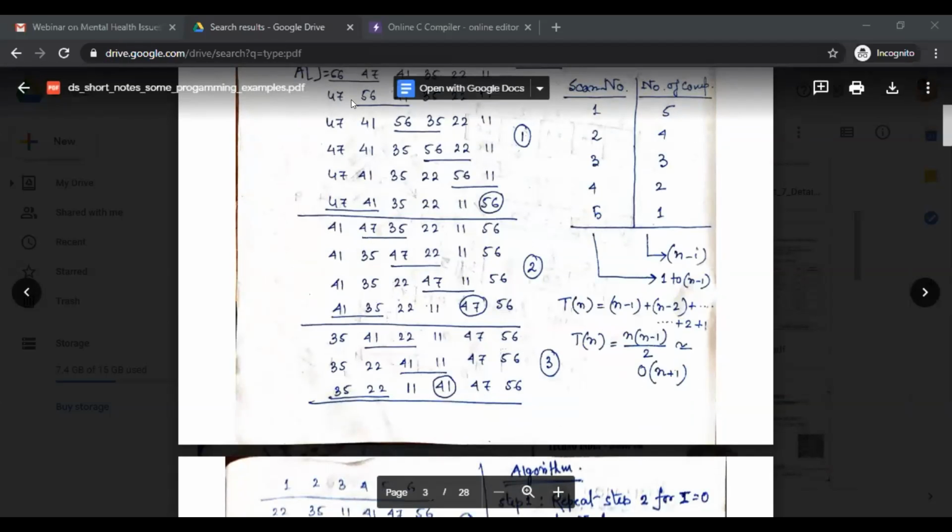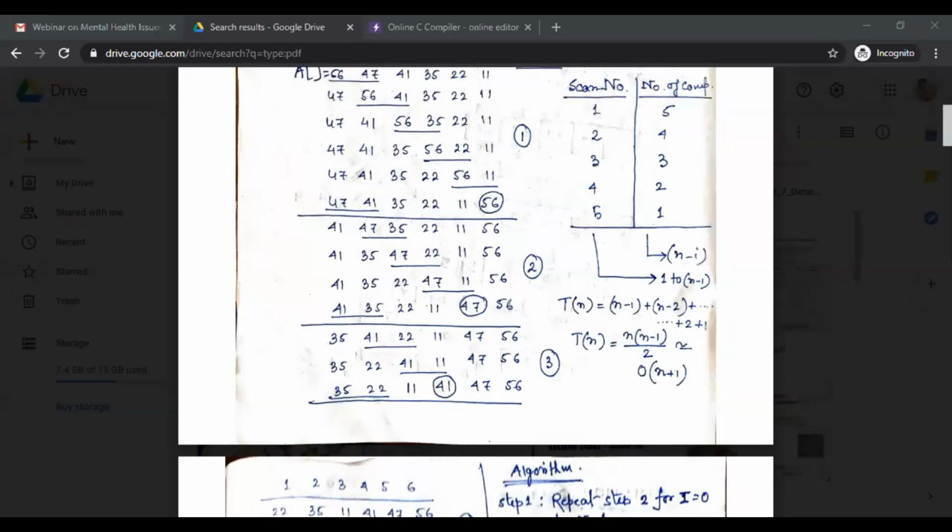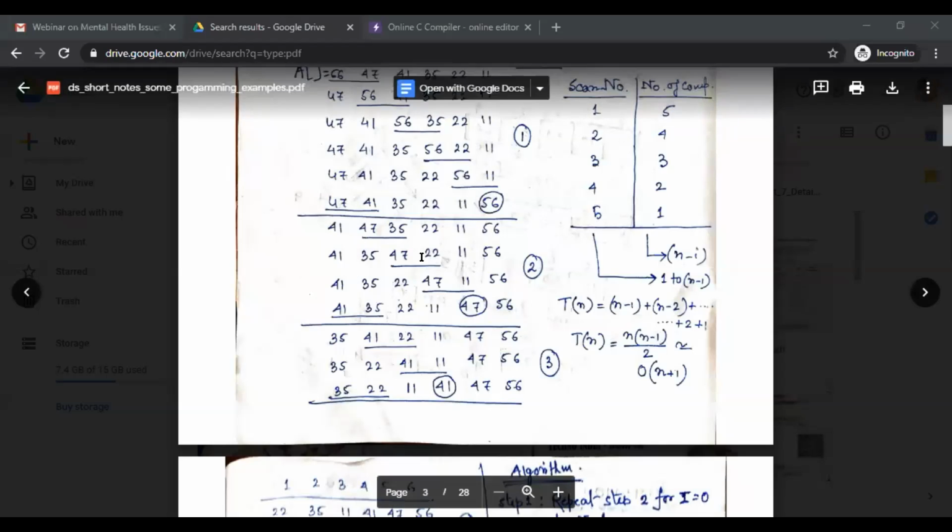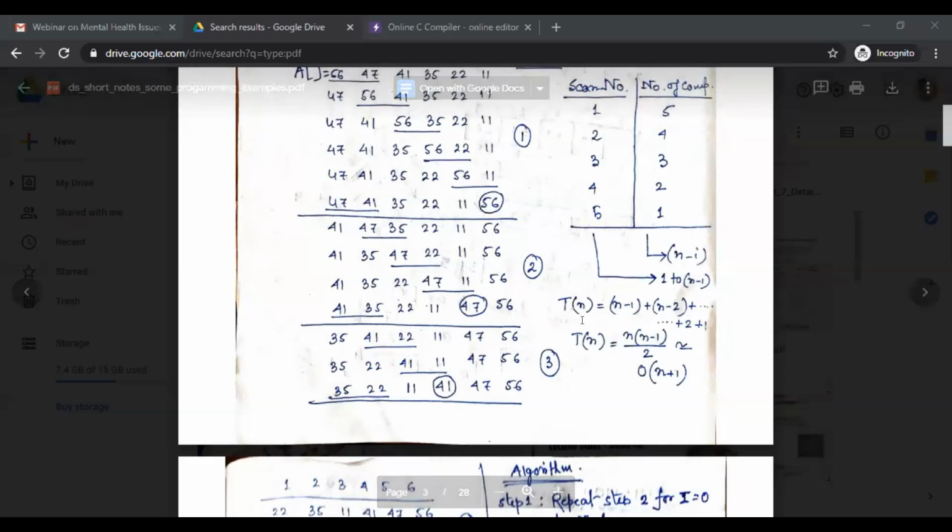Whatever we have done here, we have to execute the same thing for the second pass also. So it is very obvious that we have to execute 2 different loops.